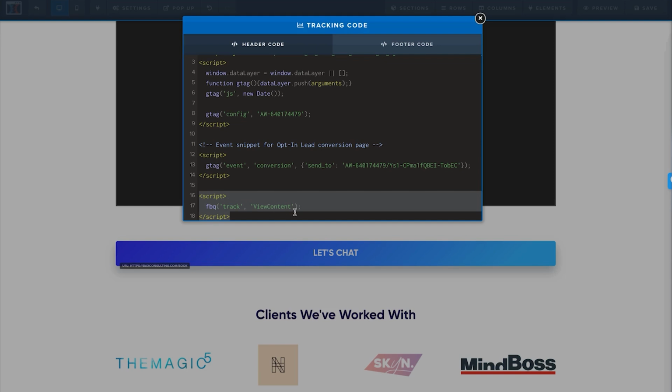So that means that I know that somebody's clicked through and they've viewed content. Now, one thing that you want to ensure is that your number of clicks matches however many view contents you get on that specific ad. The reason being is because if you get 100 clicks but only 50 view contents, that means the biggest reason for that 50% drop off is probably because your page is taking way too long to load. You want it to be as close as possible, 100 clicks, 100 view contents.